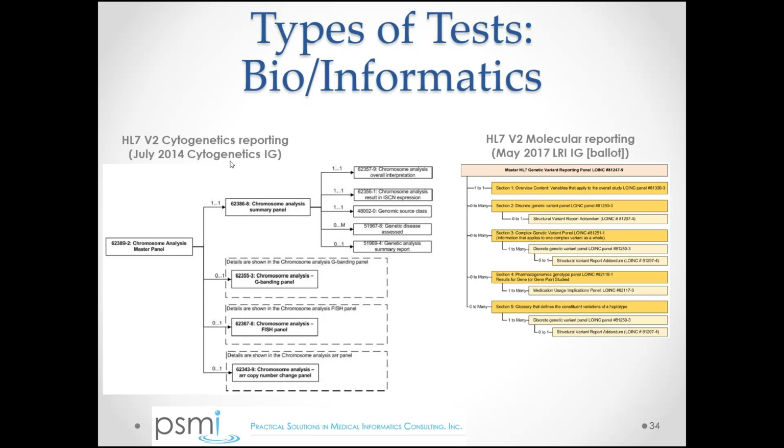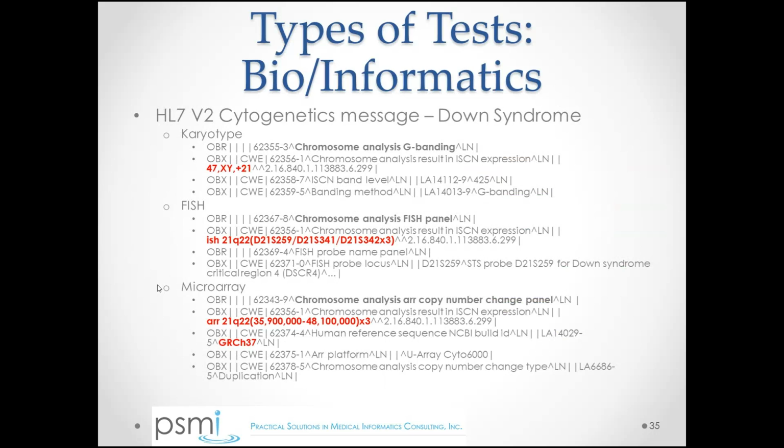And by cytogenetics, what's encompassed in this standard are the karyotypes, the FISH, and the chromosomal microarrays. So if you're trying to communicate karyotype, FISH, or chromosomal microarray information, this would be the particular standard to use. And there's a more complete HL7 version 2 example that I put on the download site if you're interested. But just to give you an idea of how